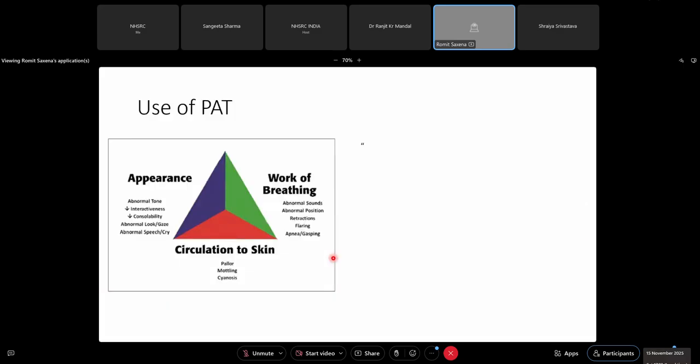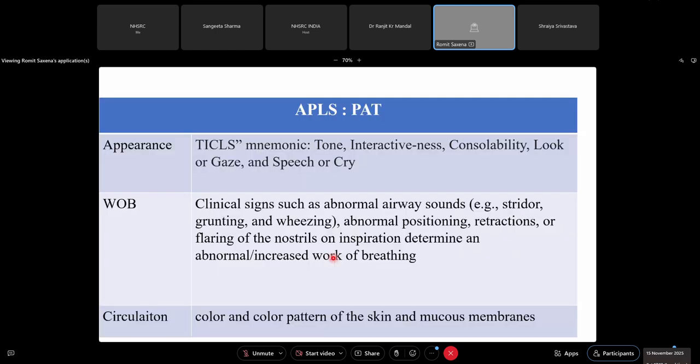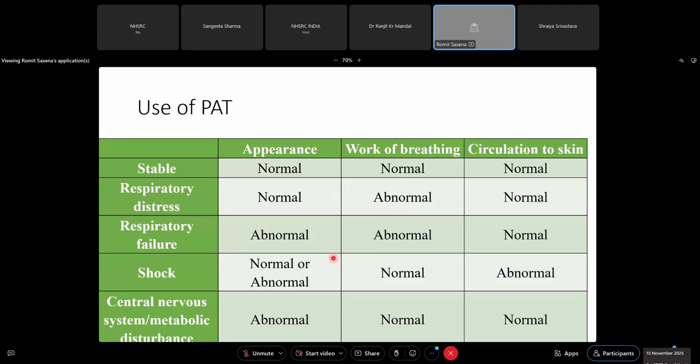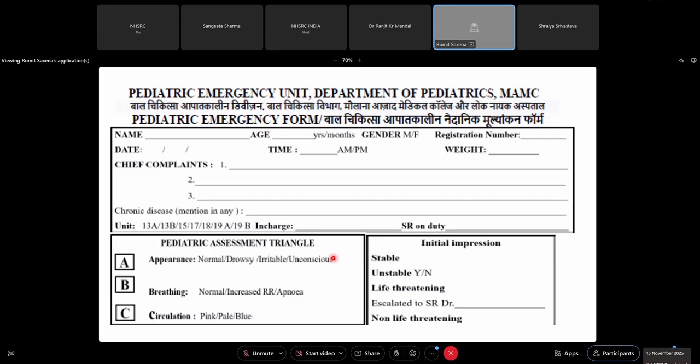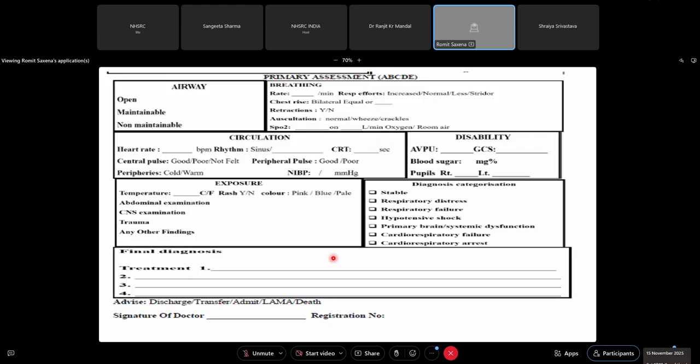What many hospitals and centers are doing, if not ETAT, is using something called the pediatric assessment triangle, because the doctors are very smart and have undergone BLS or ALS training. So they identify on the basis of appearance, breathing and circulation at the beginning, and on the basis of that they classify distress, failure, shock, and you treat accordingly. This is an example of the triage form at the beginning. So irrespective of the cause, we get some degree of where the patient is and we start the treatment immediately.